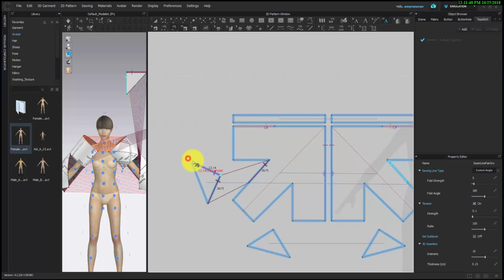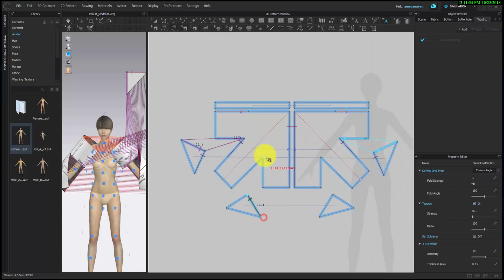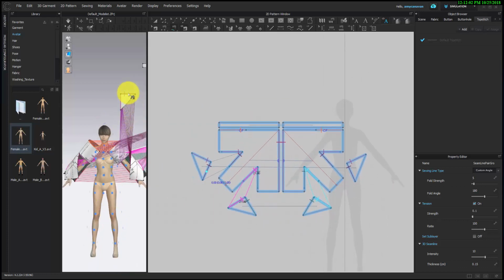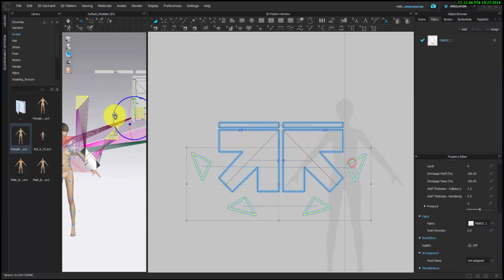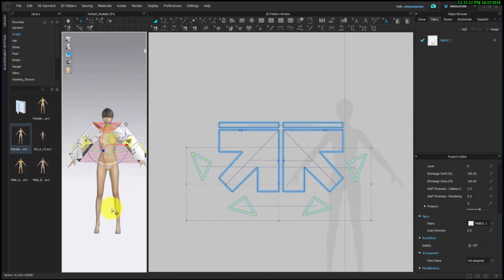Using free sewing, I'm able to select the shorter edge, and the directional sewing indication notch will tell me how far down on the sleeve I'm able to go. And because I have a symmetric pattern with sewing, I'm able to only sew one side. Instead of bothering to arrange these with arrangement points, I just superimpose them to the side. And once I'm ready,